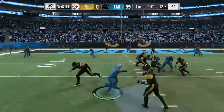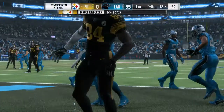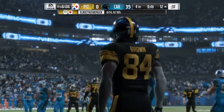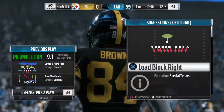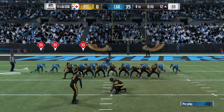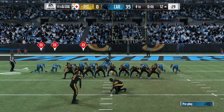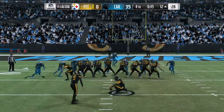On 3rd and goal, Roethlisberger. Oh, it's a touchdown if he holds on. Instead, it's 4th down. It's been that kind of a day so far throwing the football. It just seems like nothing going right offensively. Yeah, it's a catch that should have been made, pure and simple. And look, everything else that goes into running a good pass route, throw it all out if you...